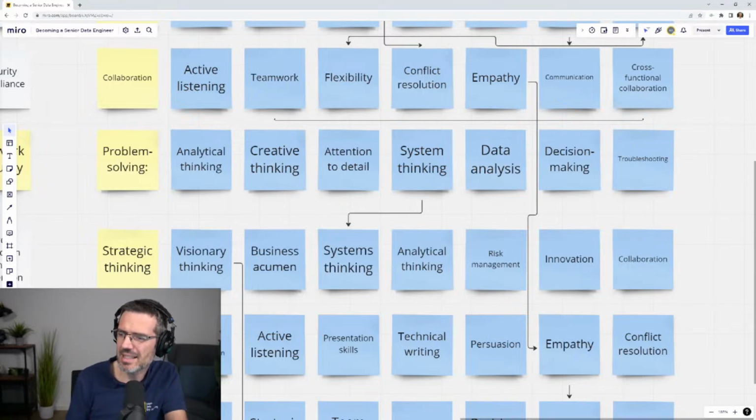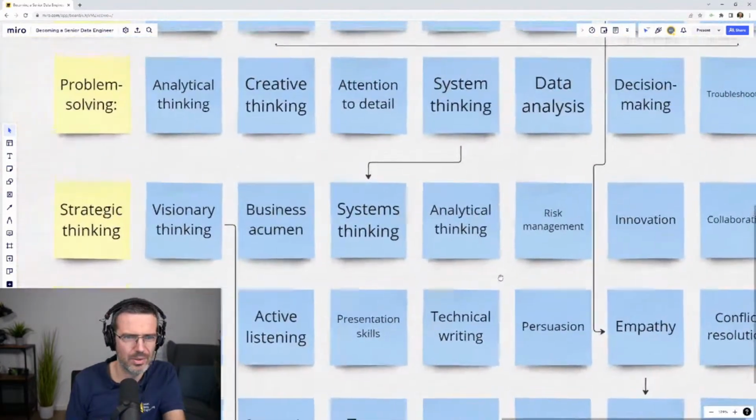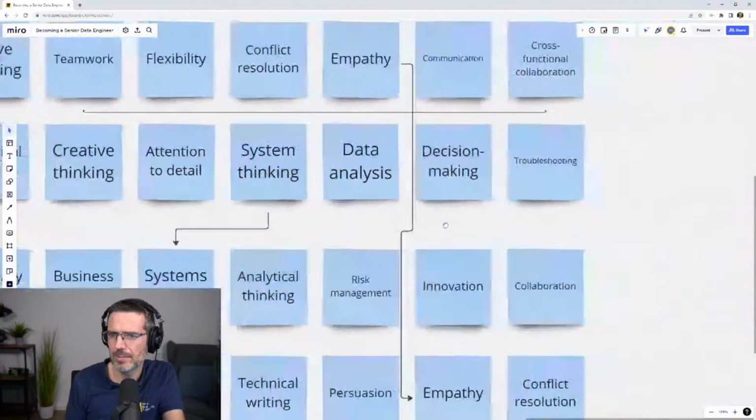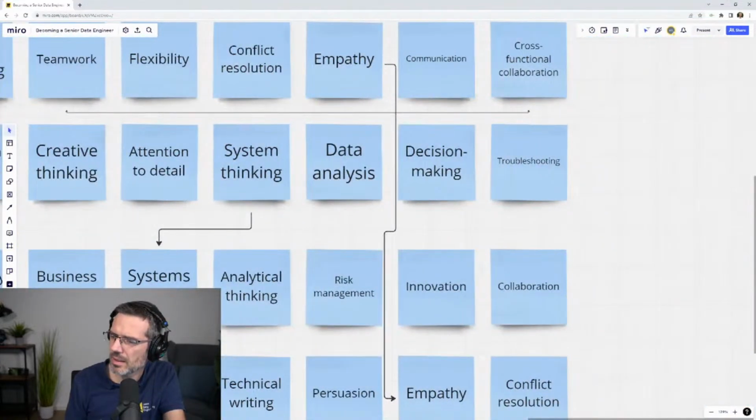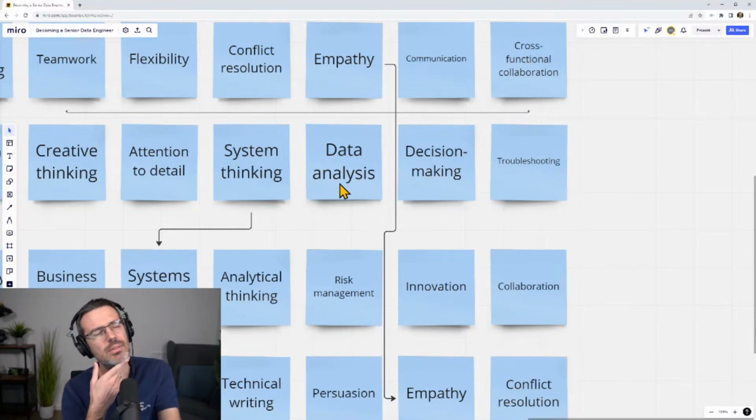Data analysis, senior engineer, where are we here? Here. Senior engineers should be able to analyze data to identify patterns and trends that may be contributing to problems. That is something pretty standard, right? Where you need to go in and figure out, okay, how can I measure this?